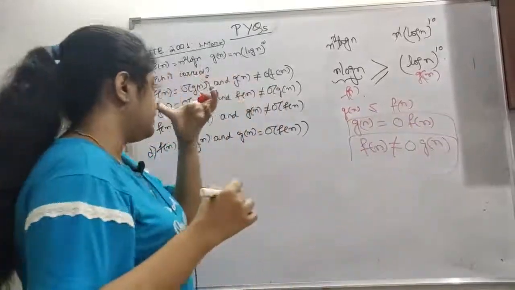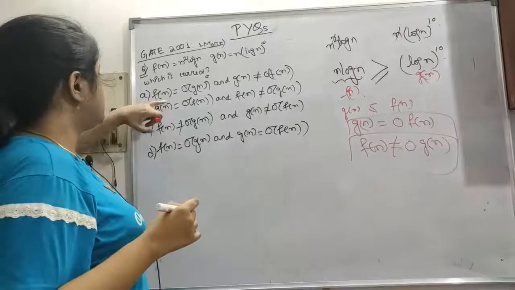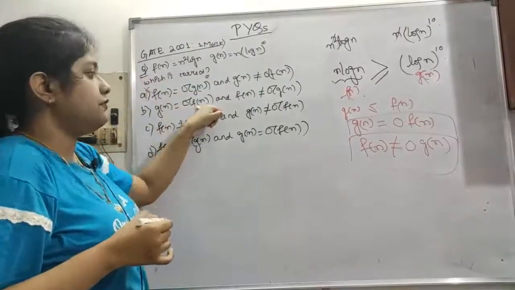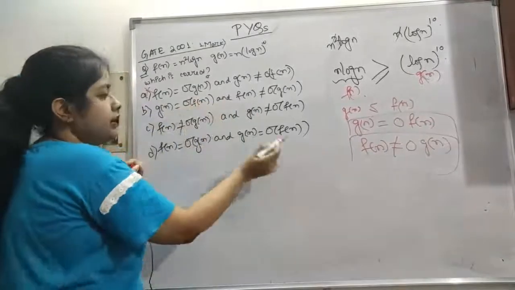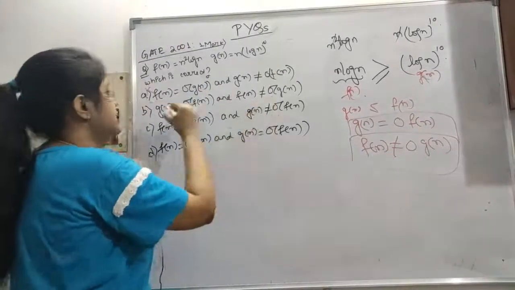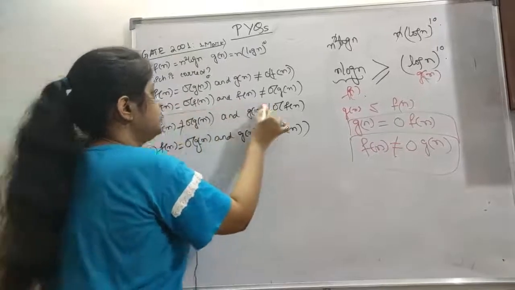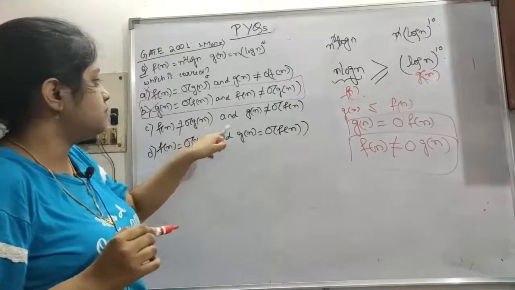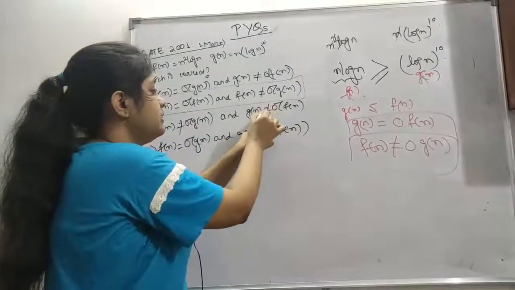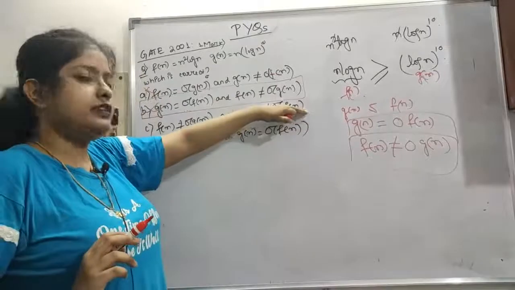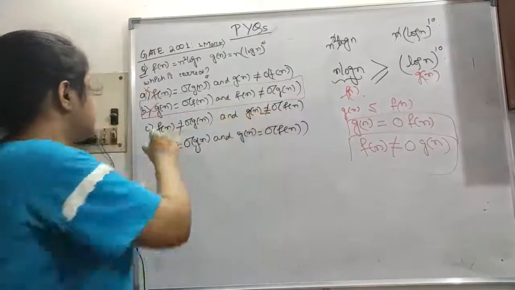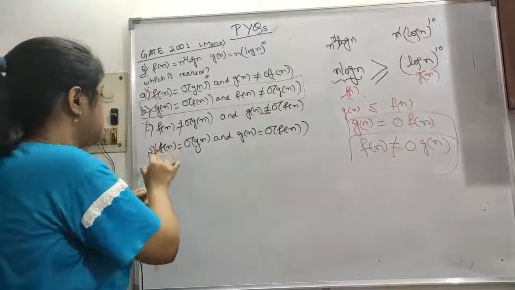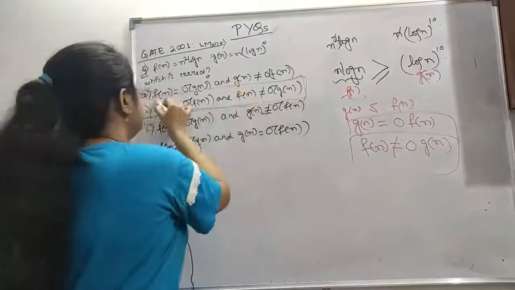Now let's see our question here. fn is order of gn, no, this is not true. gn is order of fn, yes, this part is true, and fn is not order of gn, so this is true. Fn is not order of gn, that is true, but here it is not true. Okay, gn is order of fn because fn is the bounding function of gn, so this is also false. Here fn is not order of gn, so this is also false, so only option B is correct here.